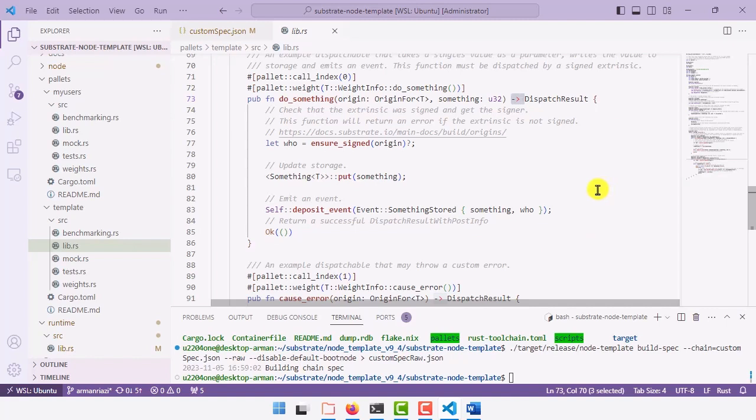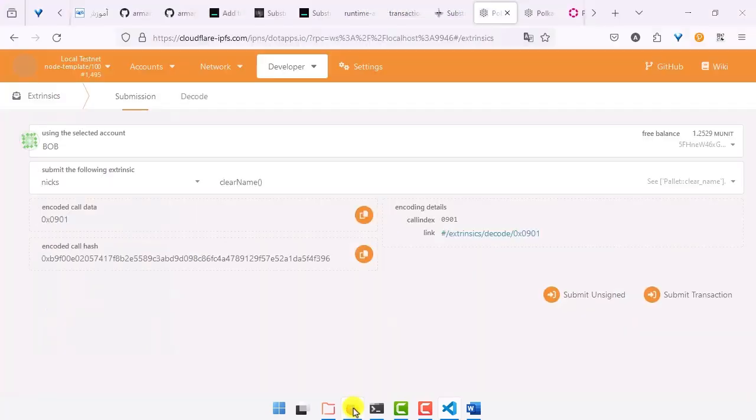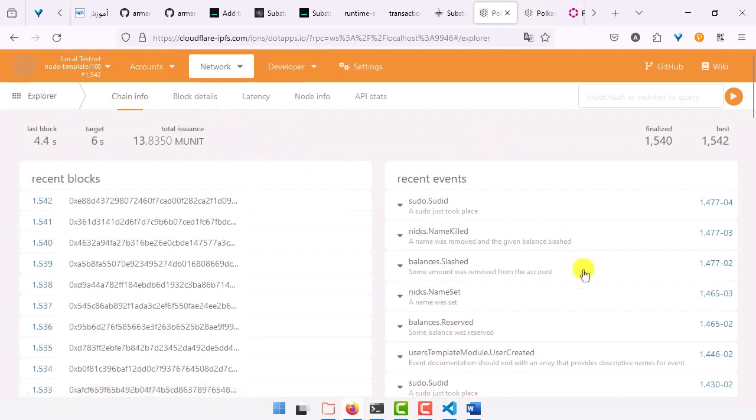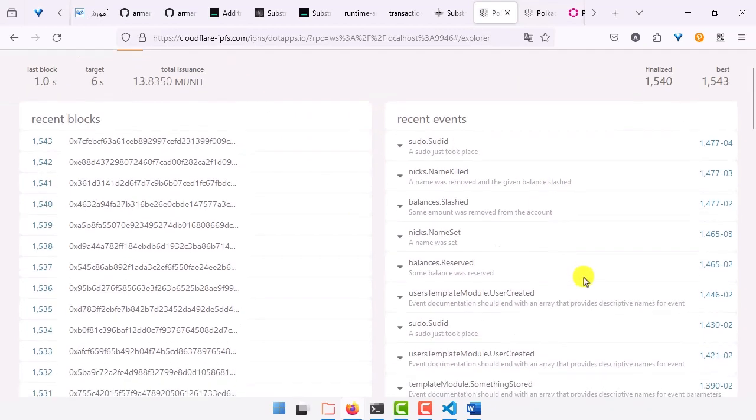And after you make the call, you will see an event in the section of chain info,